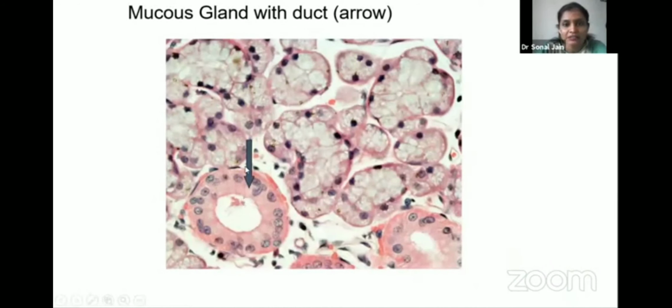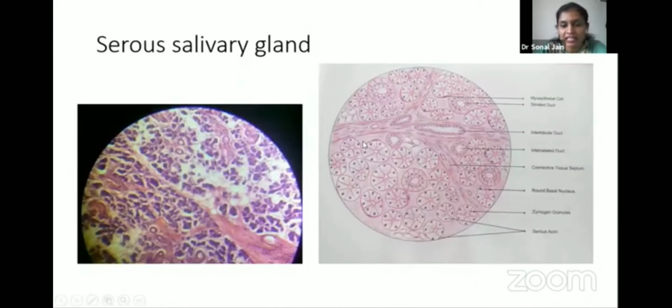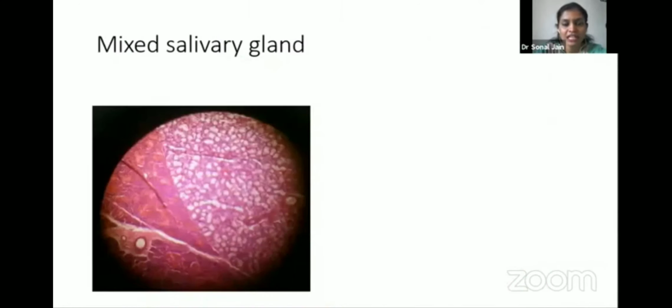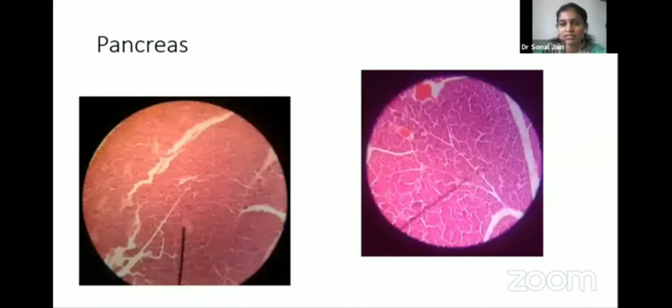This is a serous salivary gland, darkly stained. As we can see, the zymogen granules, and there are also the basal striations. An example of this serous gland is the parotid gland. And the mixed gland means, this is again the serous one. The mixed salivary gland means we have both mucus acini and serous acini. And in the mixed one, there is the